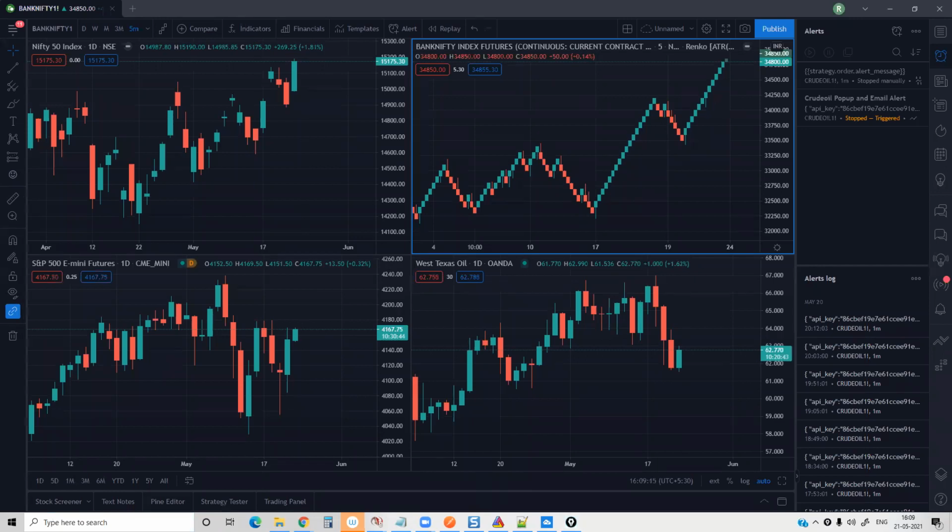First question people will be asking is, should my desktop be open or what? I can tell you, the desktop is in no way connected to your automation. Let me tell you why, because you should understand how the automation happens in TradingView. In TradingView, we'll be having a chart, right? From the chart, we have to create an alert.